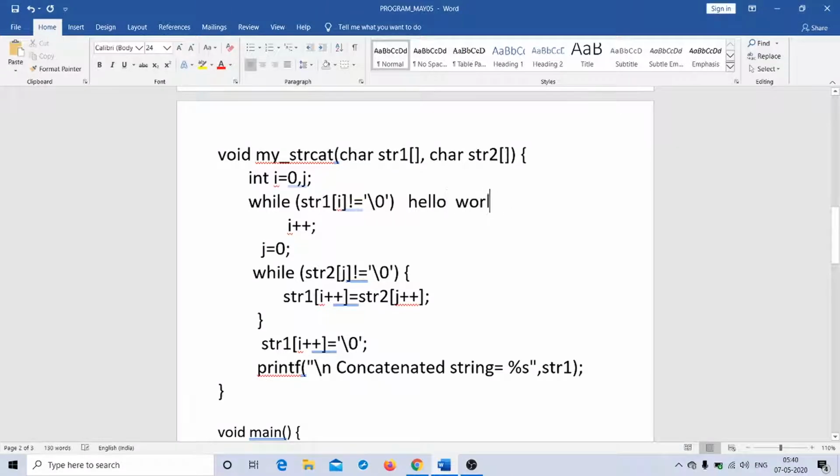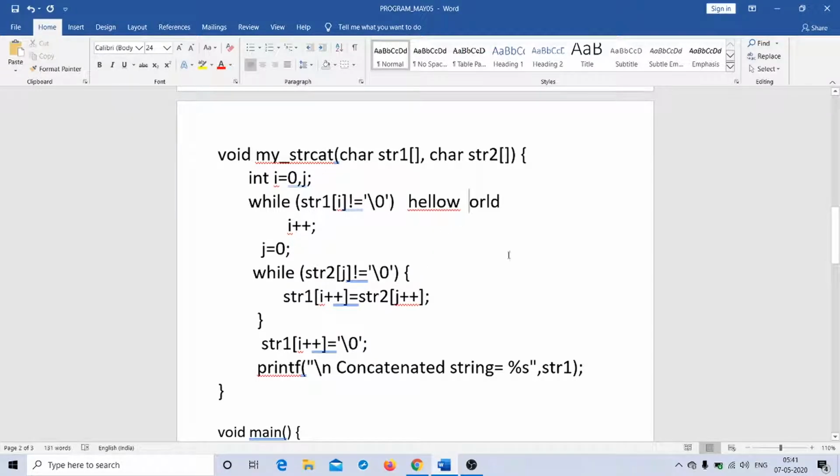So what happens is I have this hello already, and the value of i becomes 5 because that's the length of the string, and then j is equal to 0. So now str of j, that is str of 0, is actually w. So w not equal to 0, the condition is true, so it goes inside, and str of j++, that is post increment. But the j value is 0, so str of j is actually w, and hence w gets appended after o, and then that is actually removed from here.